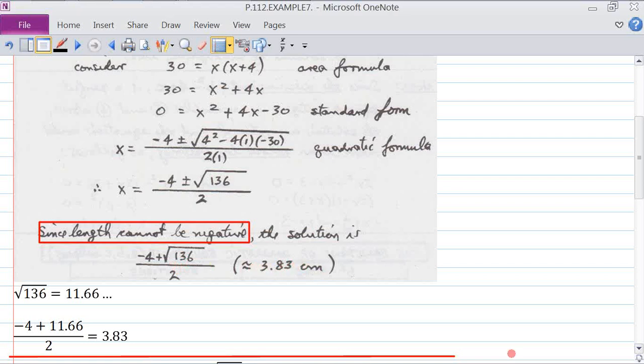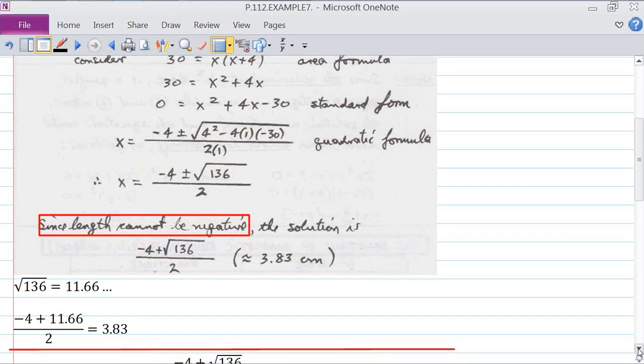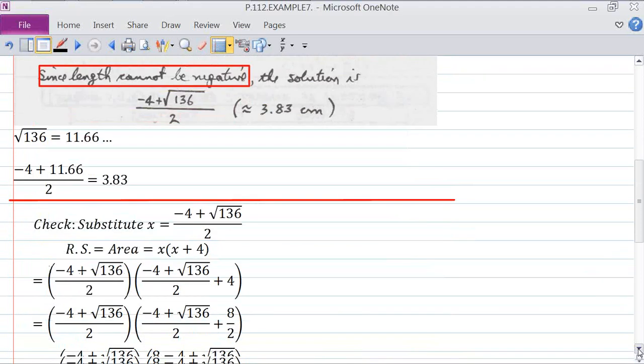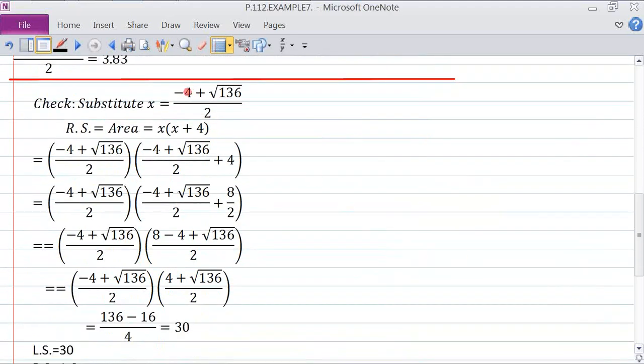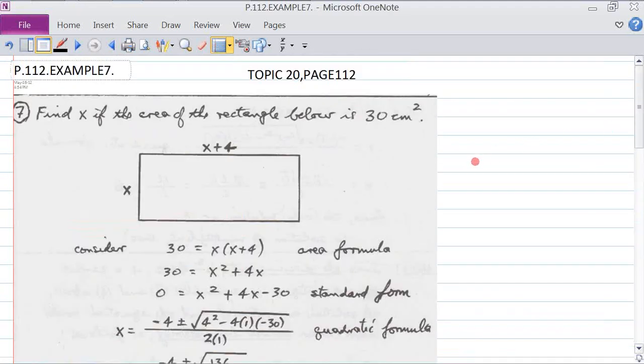This is really an irrational solution because the root of 136 is not a perfect square. When we checked our answer, the exact answer, we put it back in, and we found that it did give us 30, which was the other side of the equation. So this completes our discussion on page